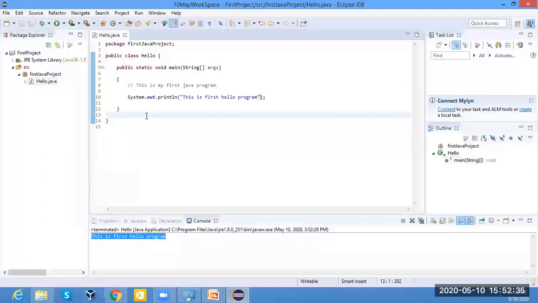So in this lecture, I have shown you how we can download Eclipse and how we can run our Java program. In the next lecture, I will show you how we can download the Selenium jar file. Selenium is nothing but an API file. From the Selenium official website, we will download the Selenium jar file to our system, and I will tell you how we can call a browser and automate a simple script. So don't worry about the Java part. We will use only basic Java, not more than that.